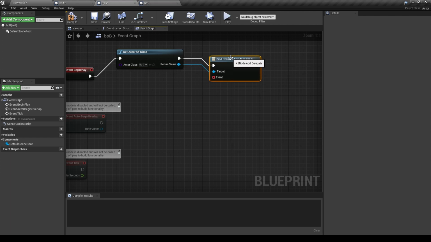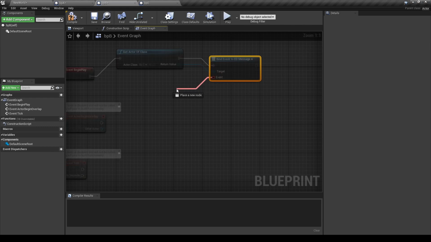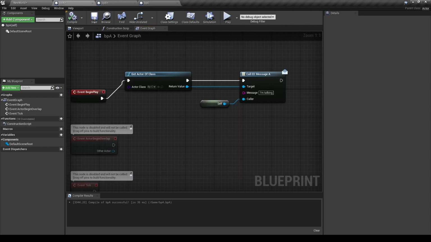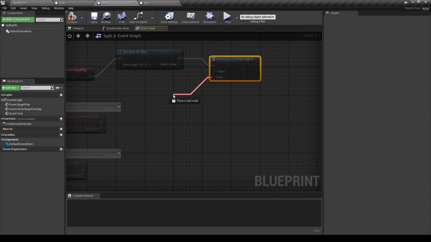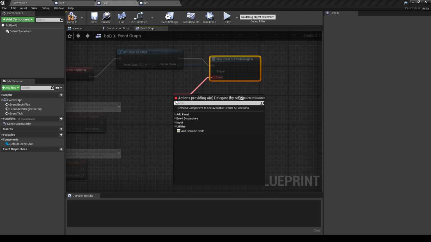I want to bind to it, meaning that when the Event Dispatcher receives a call, the event that is here will be fired. So when in blueprint A we call Event Dispatcher message A, in blueprint B, if we are bound to it, the event will be fired, and then the execution flow can resume.